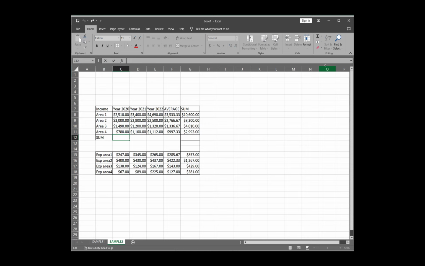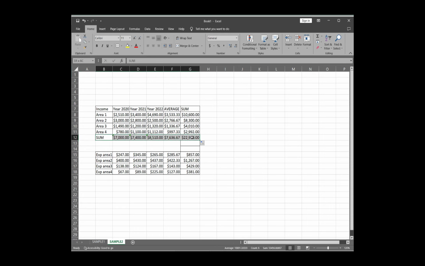We'll go to equal sign and write sum here, open bracket, and then highlight all of these three cells and close bracket. You can see how easy it is, and then just go to check. Then guys, I will highlight sum of average, sum of sum, and eventually you can see things that I need